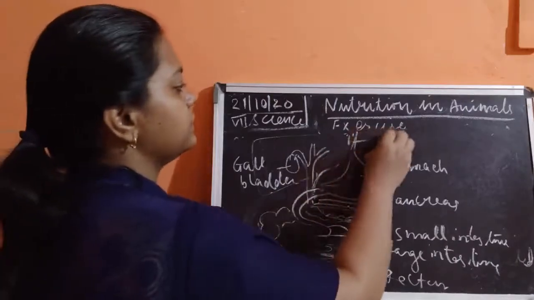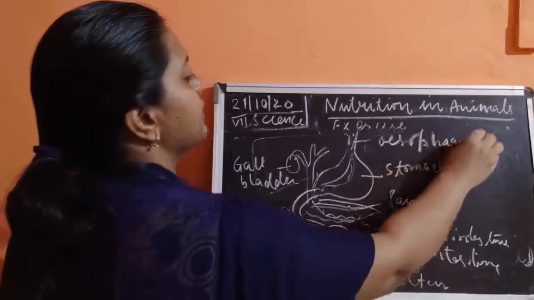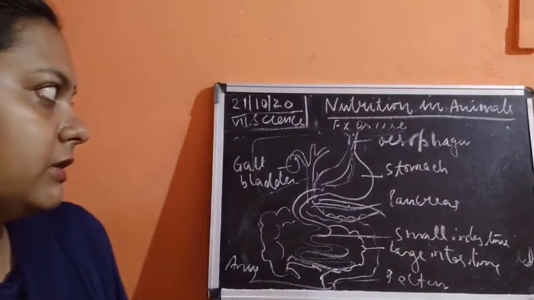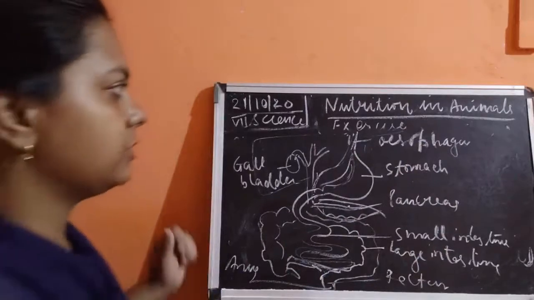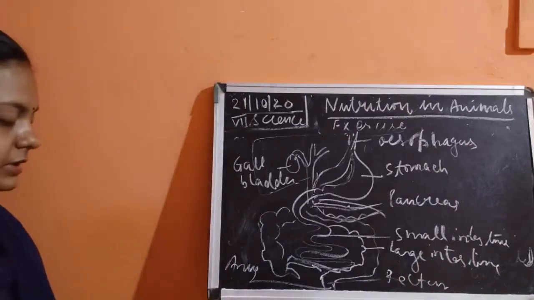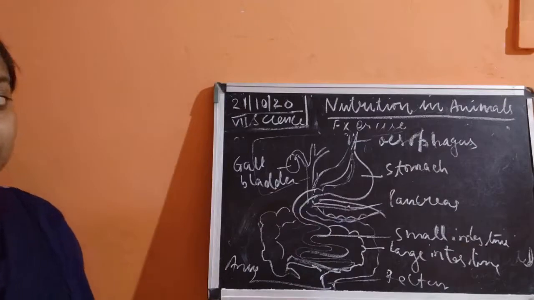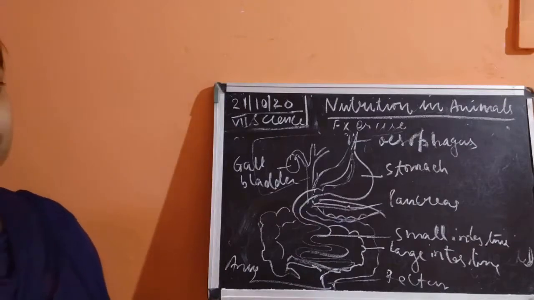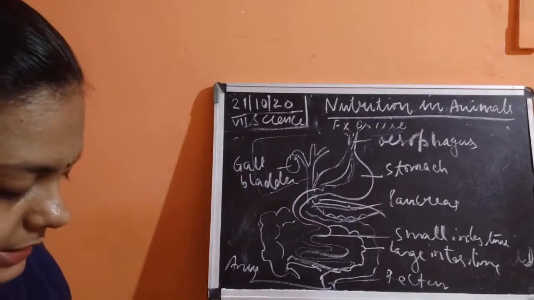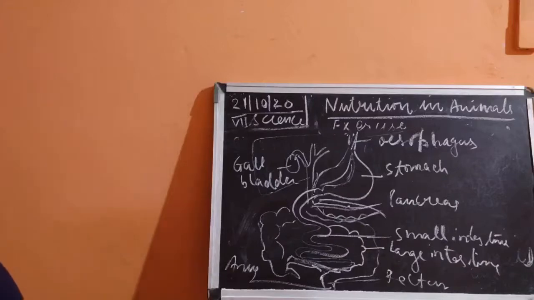This is the esophagus. But this esophagus is not given properly, so you cannot make it, the diagram is not very clear, so you can avoid writing esophagus, okay? So you can just write the other organs which are present in this diagram, you can simply label them, okay? Now, the next thing is, can you survive only with raw vegetables? So this is the part of the digestive system, okay?